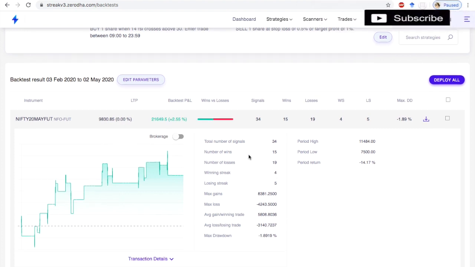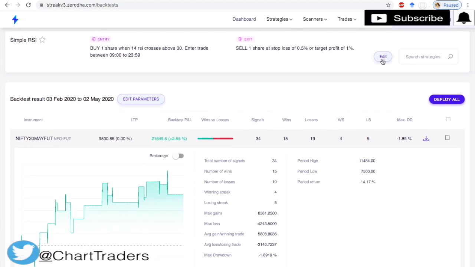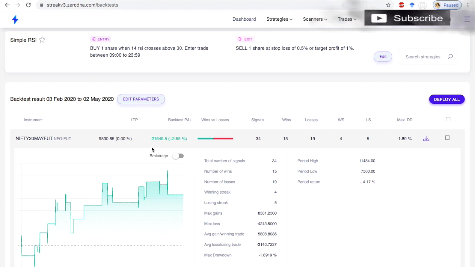You can optimize this technique by adding more indicators, or by changing the stop loss, or you can optimize the technique by applying different types of indicators. In this video we have just tested our RSI algorithm on a Nifty chart. That is my condition, and my stop loss is 0.5 percent and my target is 1 percent. That is the stop loss and exit target.